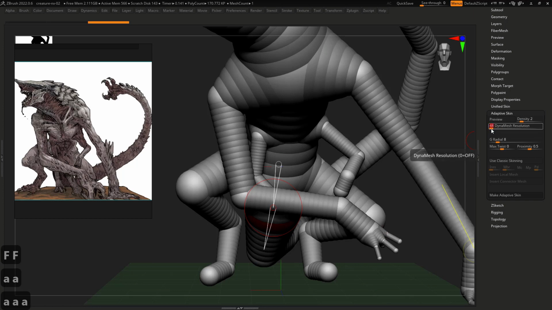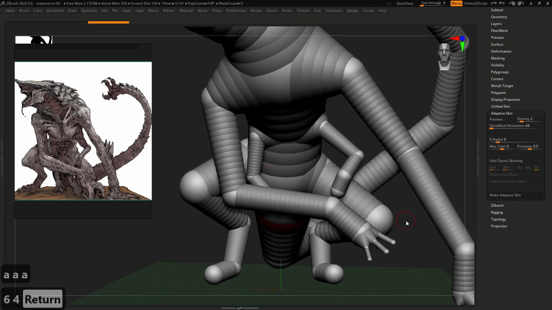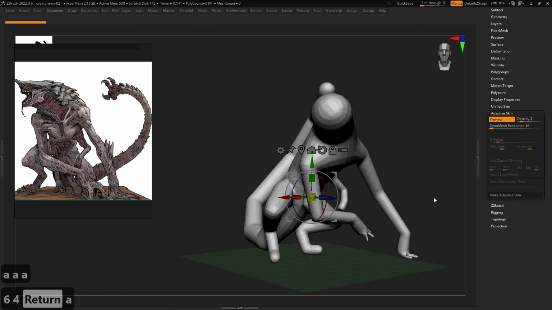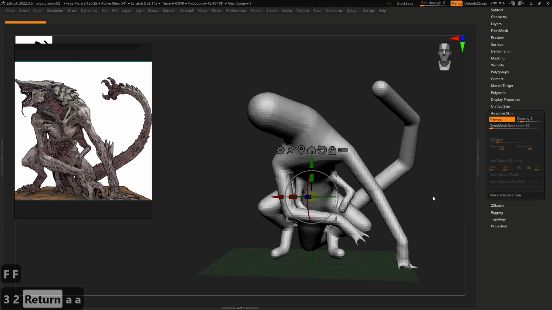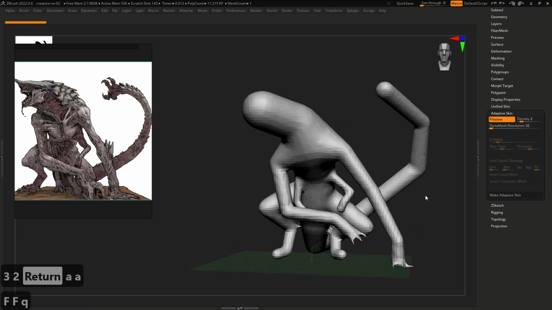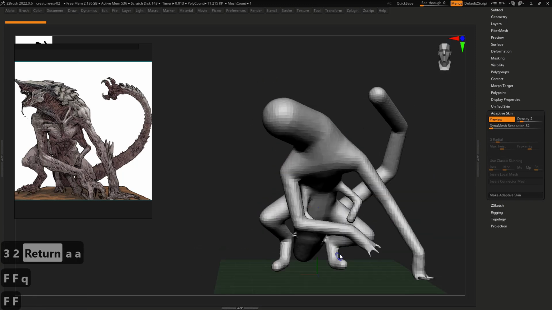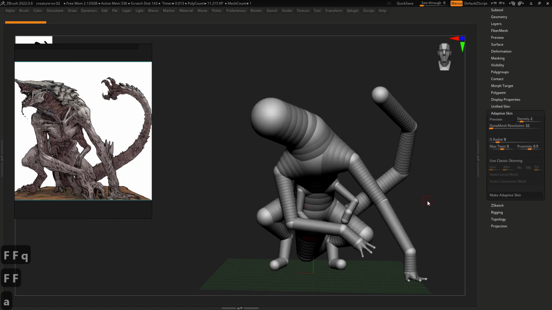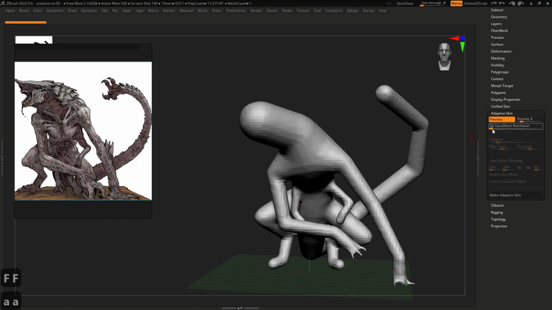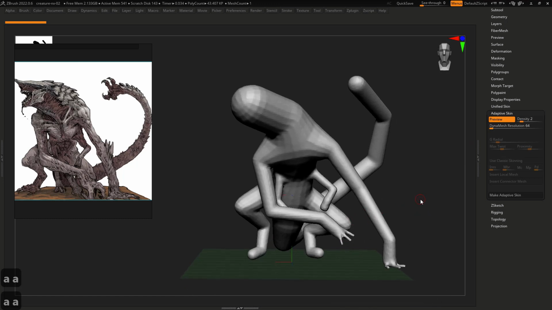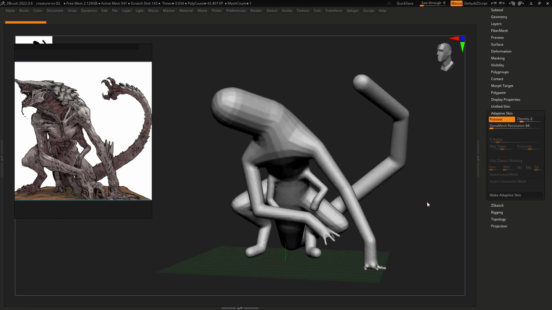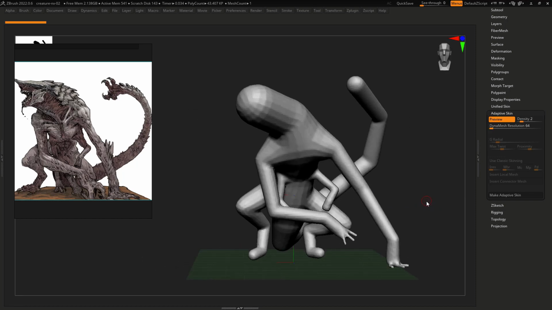Then I put 64. And 32. Yeah. 64. It can be 64. I confess that I like to work with a low resolution yet, so basically what I'm